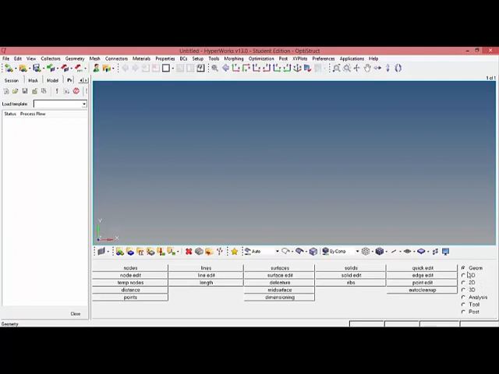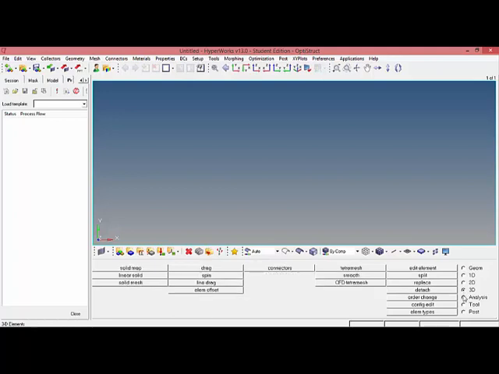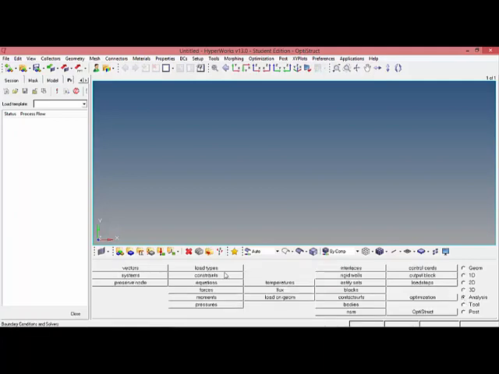We can use one menu page at a time. So to switch between the different menu pages, you have to move your radio button from one menu page to another. Like if I have created my geometry and want to go for the 3D mesh or 2D mesh, I will move my radio button to the 2D or 3D. And if I want to define the boundary condition, I will toggle my radio button to analysis. So by this, my functions are grouped in these menu bar pages.